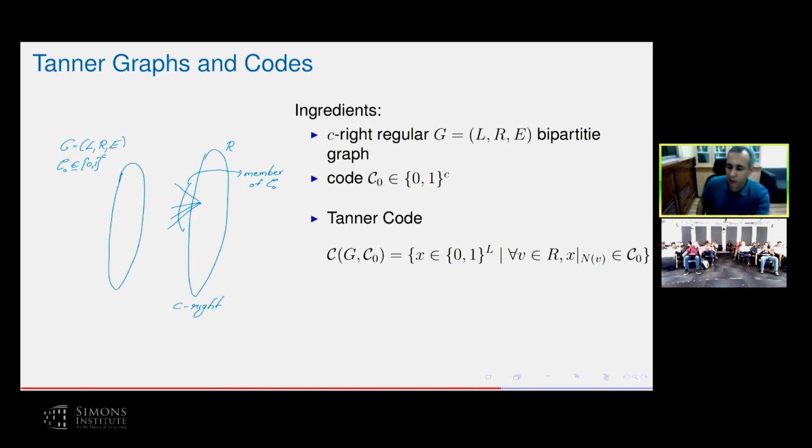So you give me a bipartite graph and you give me a base code C0, we can lift it up to a larger code C on the left-hand side. This is a natural process. These are also called lifted codes in some contexts. Lifted codes, and what I would like to ask is the following question. Are these codes,